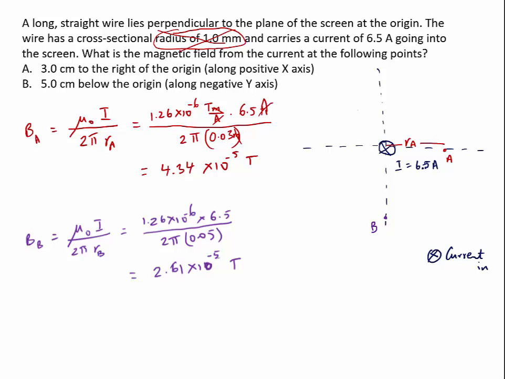All right, so I've got my magnitudes. I'm not done yet because magnetic field is a vector, so I got to give its direction as well. So now let's go back to this picture and see what the direction will be. You have to use your first right-hand rule. So for direction,